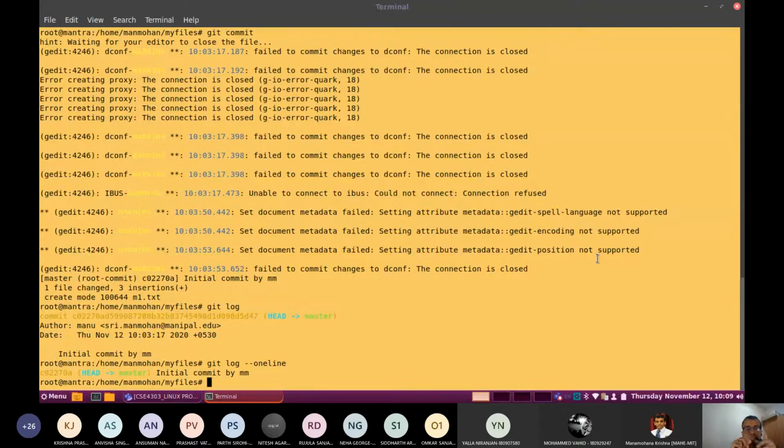Now two groups are working in parallel. Your team may work on the same master branch, and from this particular time onwards, one more new team can start working on its own branch.